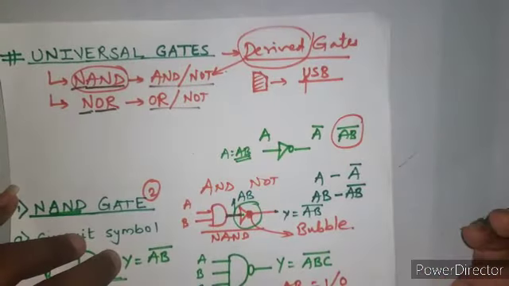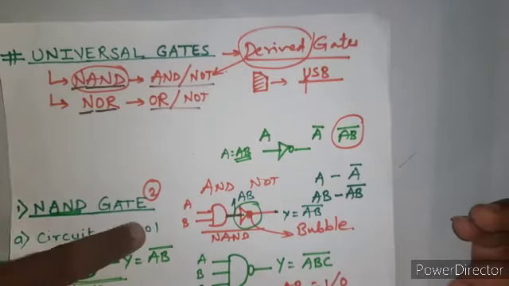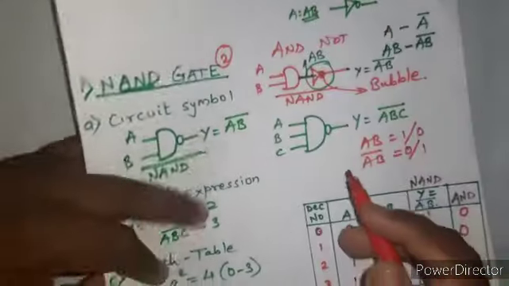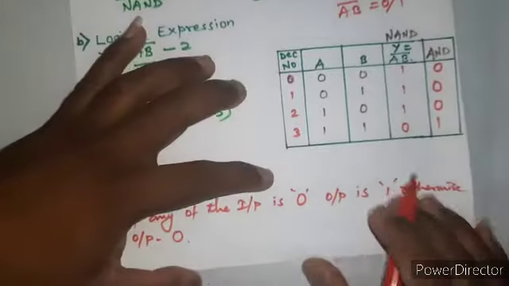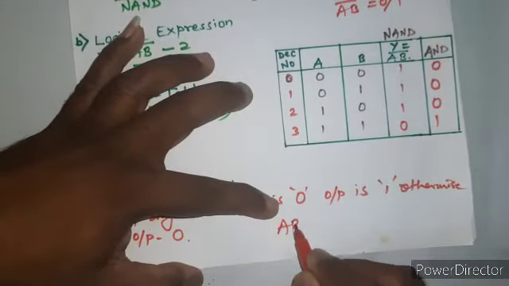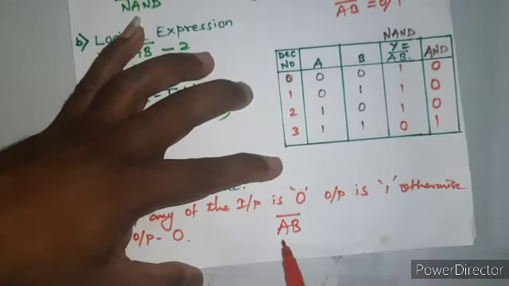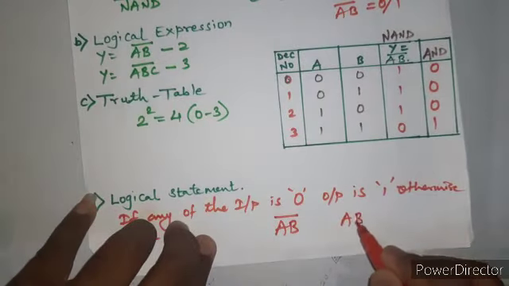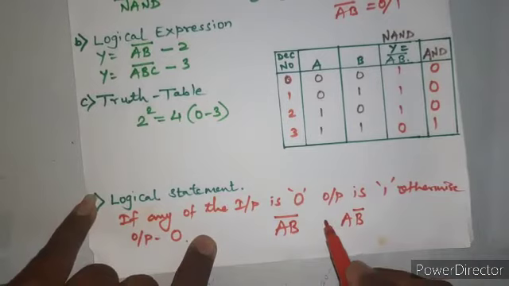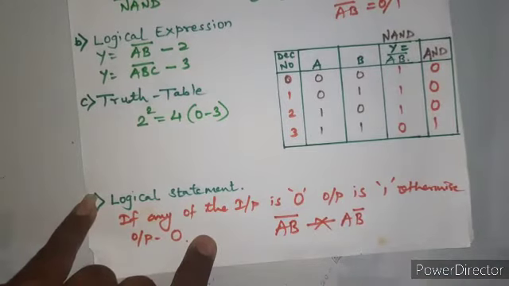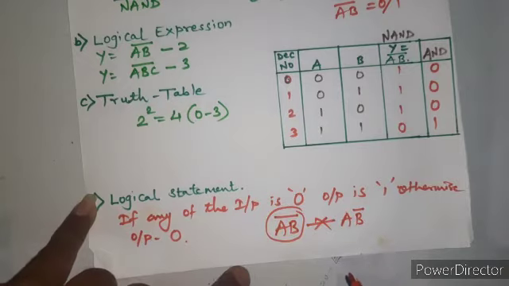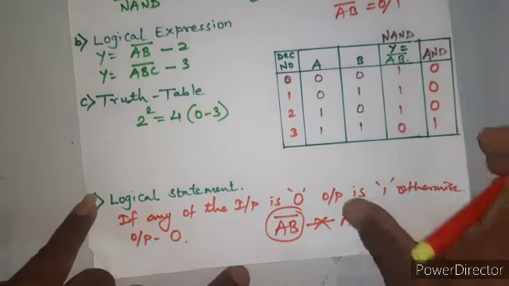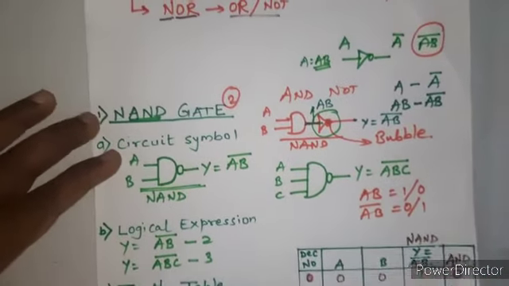This, it is whole bar, it is not A B bar, right? Because they are different. Okay, so when I say A B whole bar, I mean to say this, and when I say A B bar is this. Now both are different, they are not same. So this is the equation for NAND gate. Okay, I hope this is clear for you.